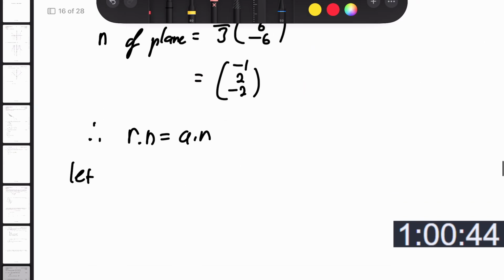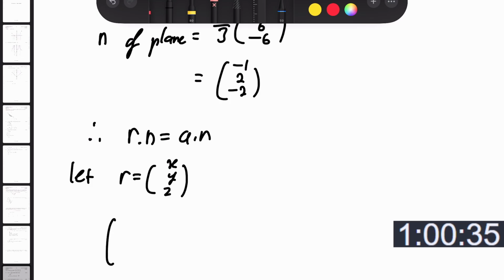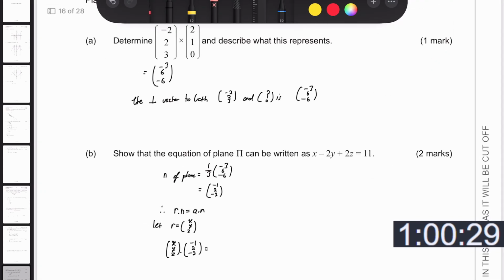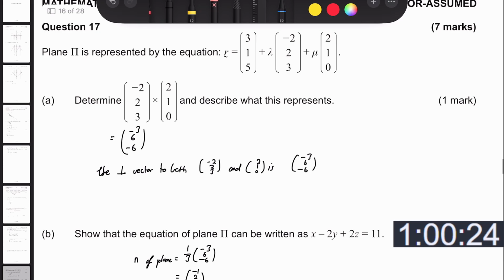So then let r equal x, y, z. Then we have x, y, z dot negative 1, 2, negative 2 is going to equal a